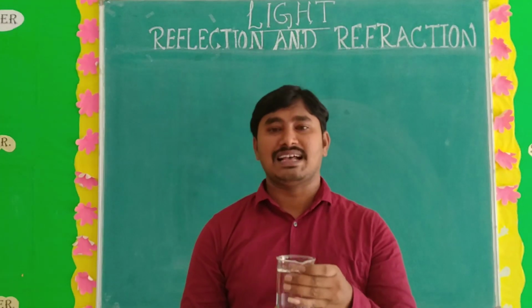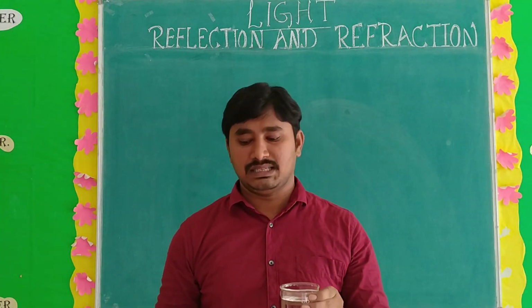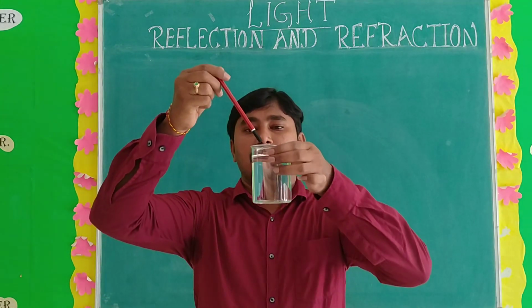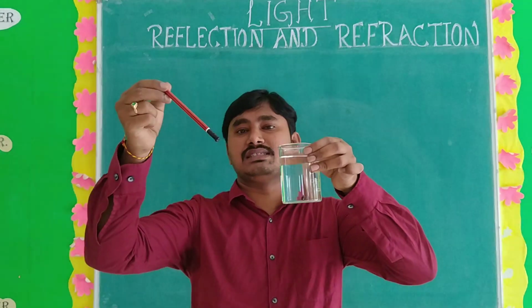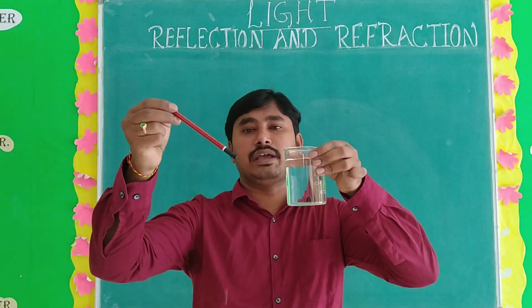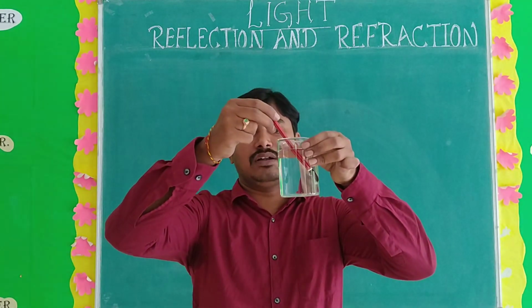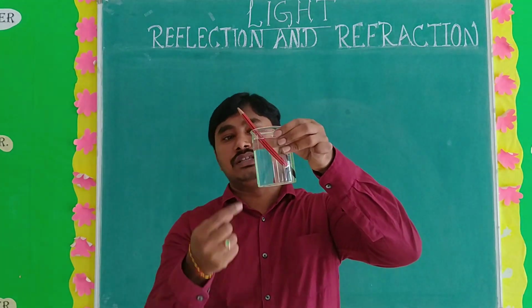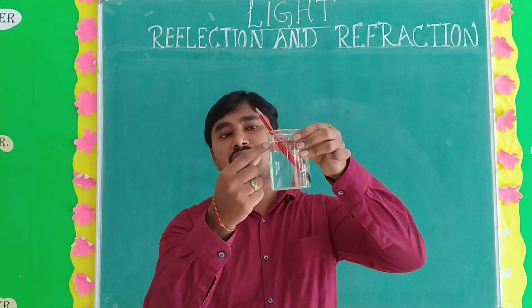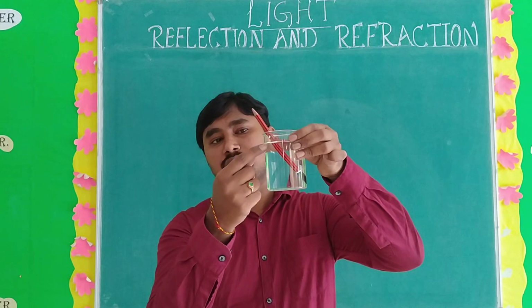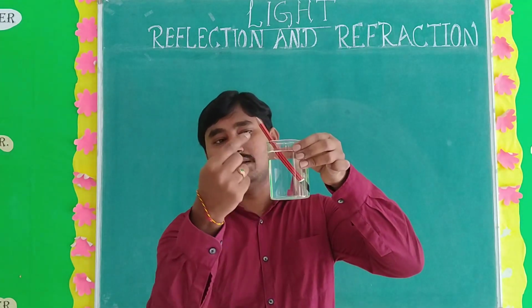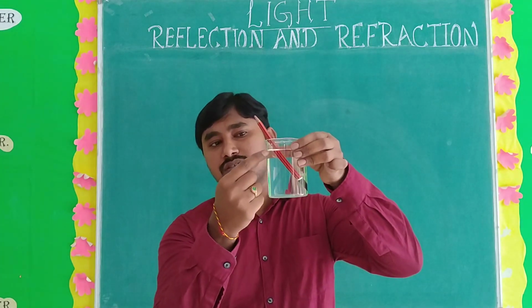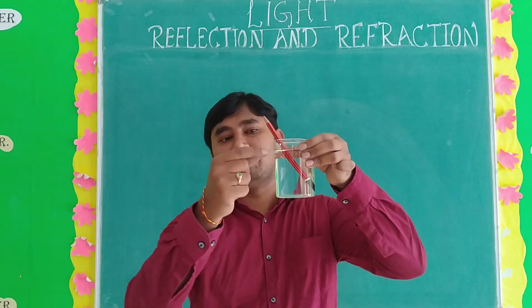Take a glass of water and place a pencil inside the water. Okay, see here, this is the actual size of the pencil. When you keep it inside the glass of water, what do you observe here? When the pencil touches the water surface, the pencil looks bent. Actually, it's a straight object. So once you see here, the pencil looks somewhat bent.